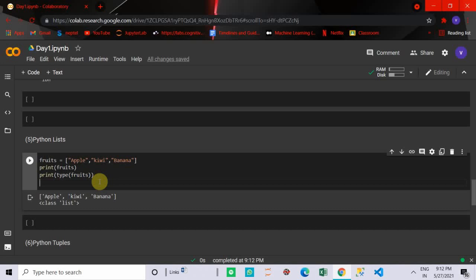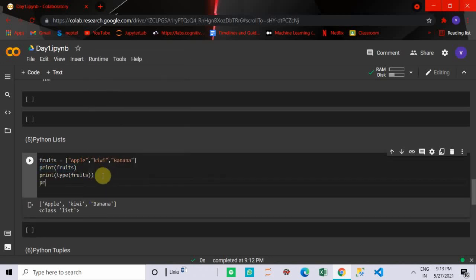Indexing starts from zero. Apple is present at the zeroth index, Kiwi at the first index, and banana at the second index. We can use the same syntax, print fruits with the zeroth index.